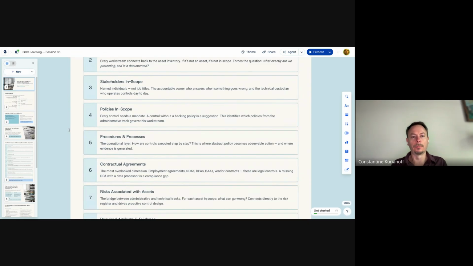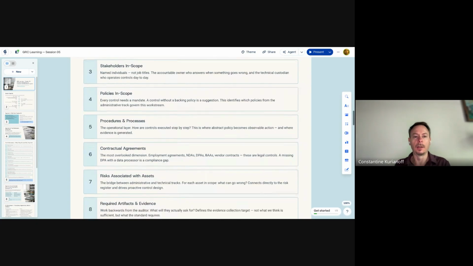It goes through procedures and processes, which is basically device issuance, device updates, monitoring, revocation, all those practices, right? This is the 5th dimension.